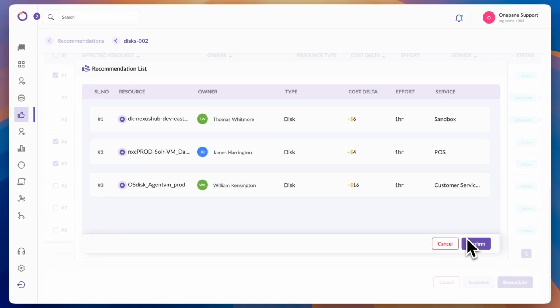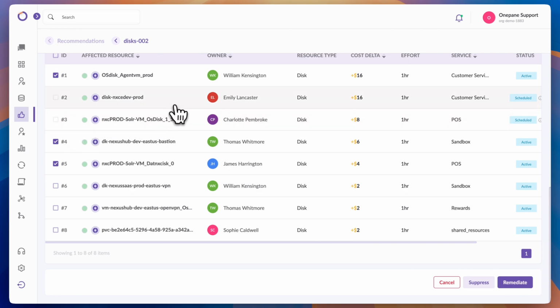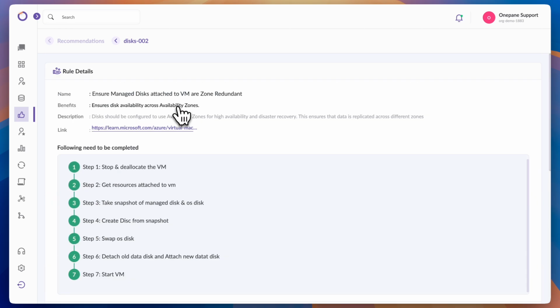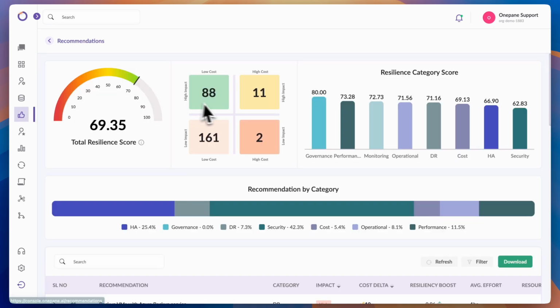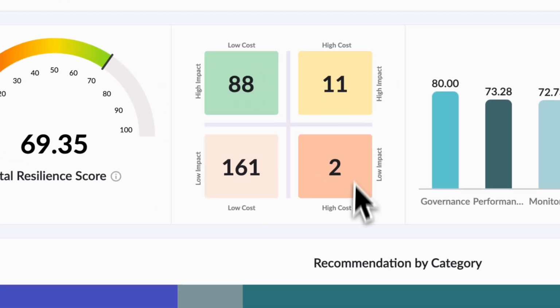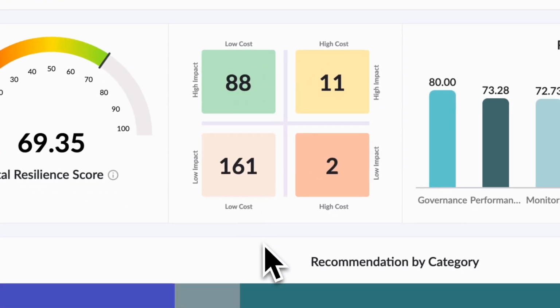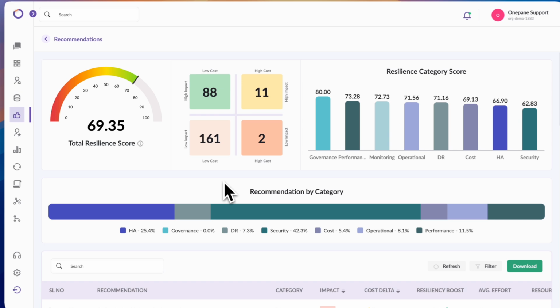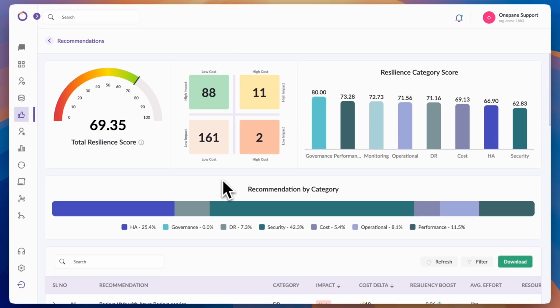You can trigger the workflow by selecting which VMs you want to remediate and then click on Remediate here and finally confirm to start. This triggers the job behind the scenes and it will do the modification in your Azure environment. You can then see once the job has run it was successful. Once completed, it will update your resilience score in real time, and it will update the count of recommendations in the quadrant. That's a quick demo of the